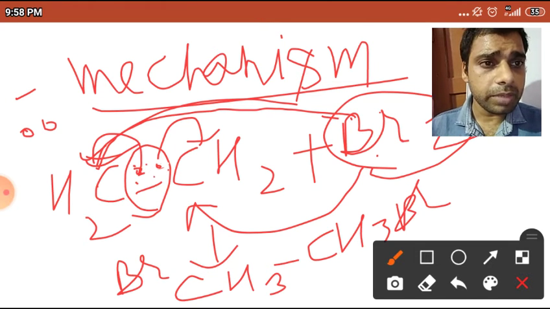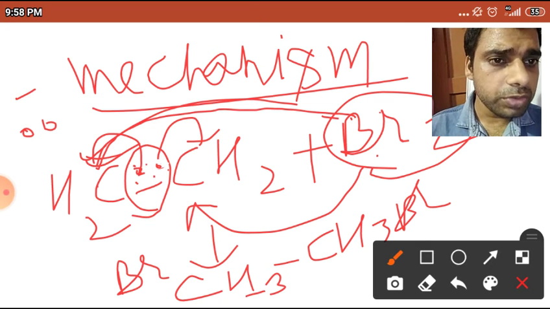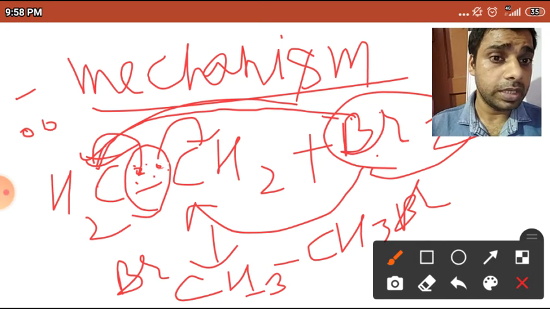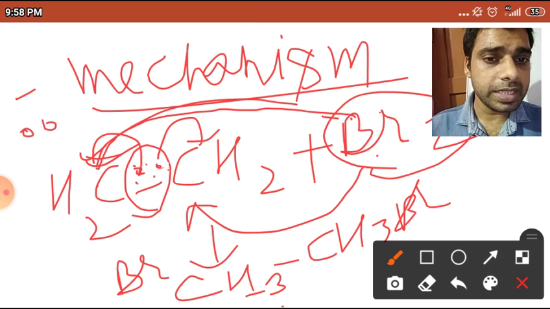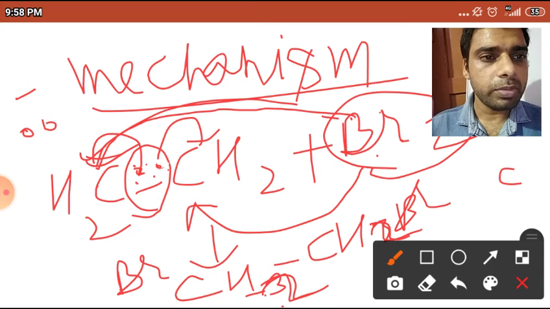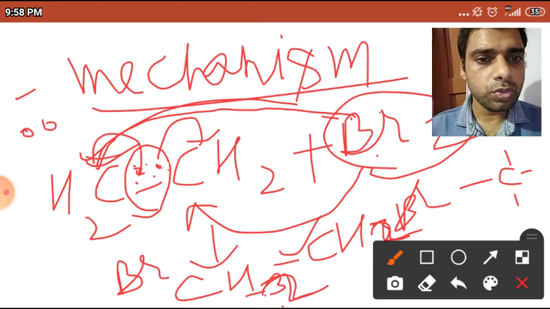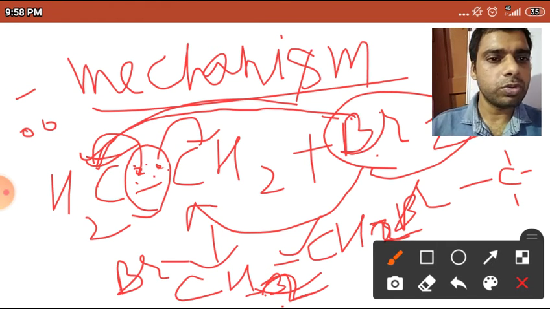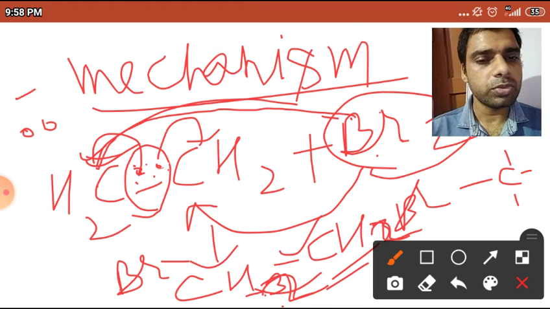If the double bond is removed, then one hydrogen will also come, so there would be a problem. You can see here CH3, the bond will not satisfy. If I write CH3Br, it would be a problem. How? I cannot write CH3Br, I have to write CH2Br, because you know carbon, how many bonds are there? 4 bonds, right? So one this bond, 2 of hydrogen, 1 2 3, and 1 of bromine. So CH2Br you have to write, and on this side also CH2Br you have to write.